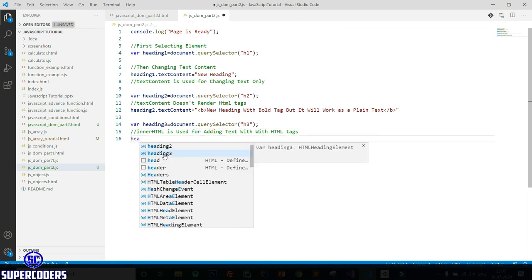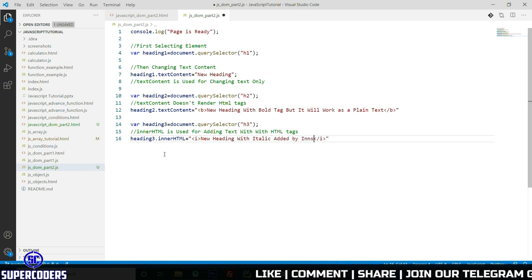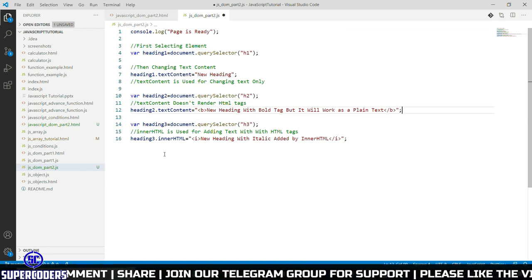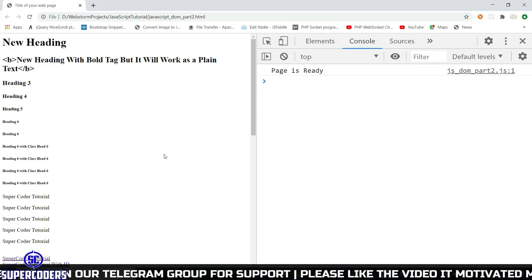Now heading3 dot innerHTML equal to i, which is italic, new heading with italic added by innerHTML, then giving a semicolon here, also give it here, then press Ctrl S, save the file, again go back and click on refresh.